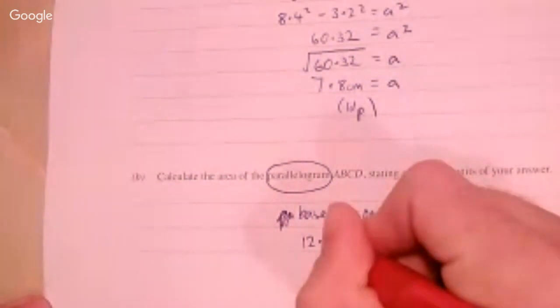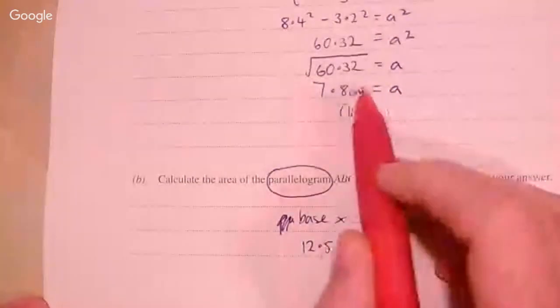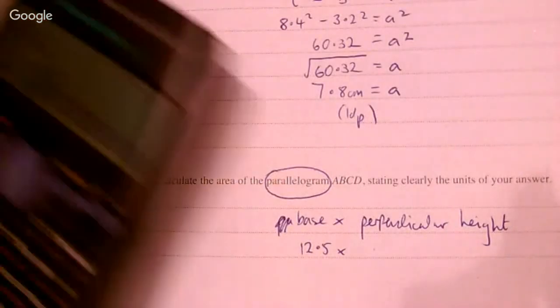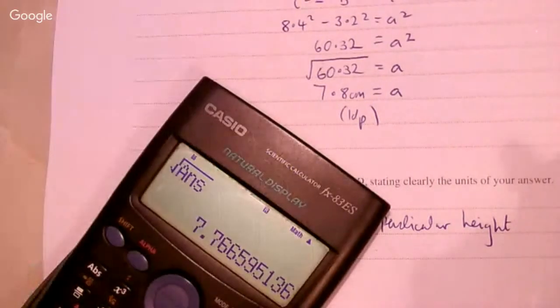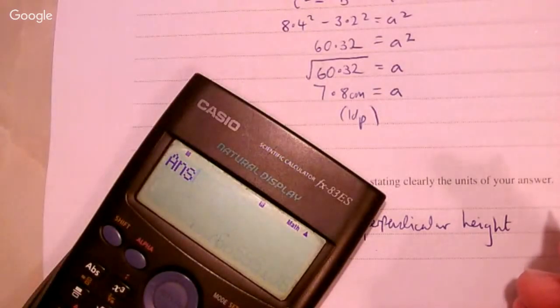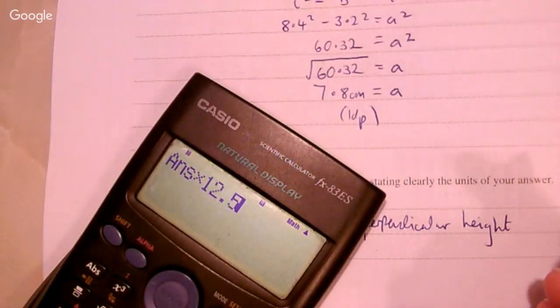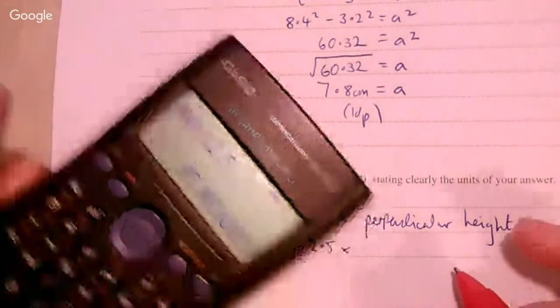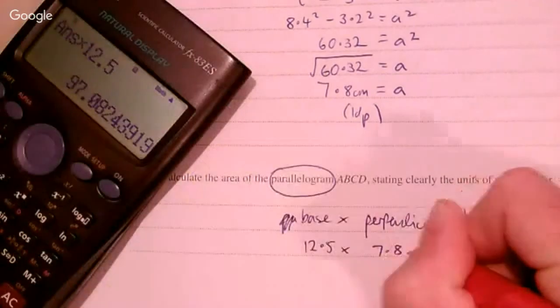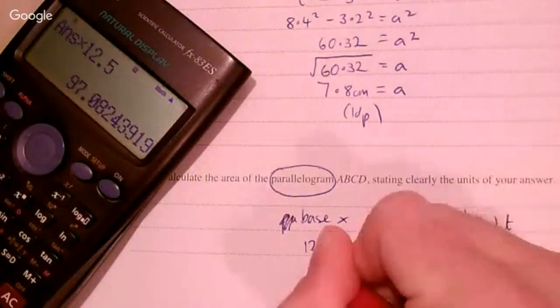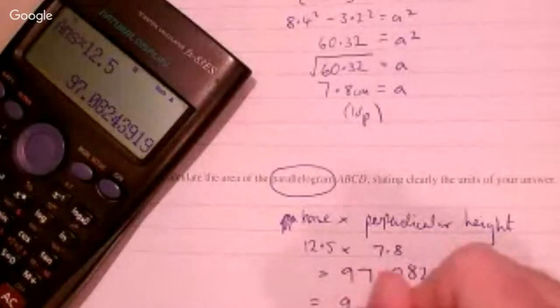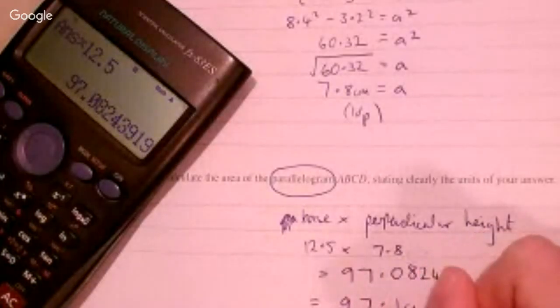So 12.5 multiplied by, now if I put in 7.8, I could lose a mark for a rounding error. I've still got that answer in my calculator from before, so I'm going to leave that in as answer because that is what the height is, and multiply it by the base, which is 12.5. So I get the answer, and when I press SD, I get an answer of 97.0824, blah, blah, blah. And then I'm going to round that to 97.1 centimeters